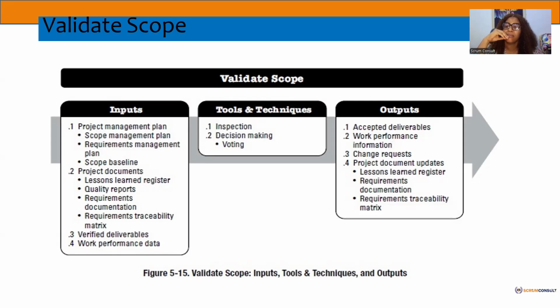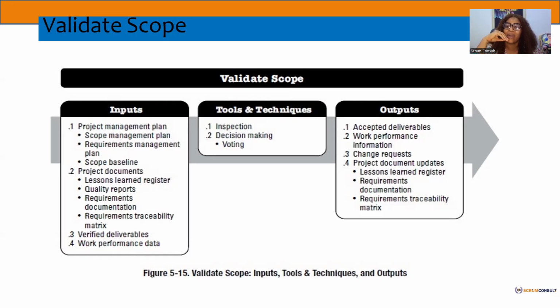If all things go equal in the project, your plan should be equal to your actual. But in most cases, things don't go according to plan. There are changes. There are a lot of things that can happen even to our plan. So at that point, you want to analyze and come up with your work performance information.